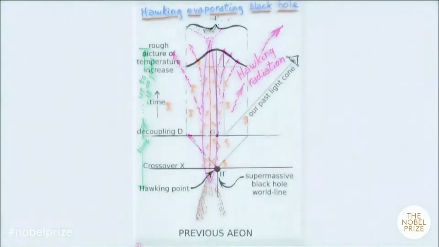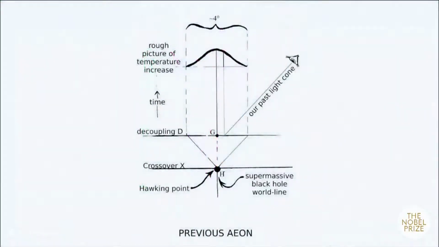So here I have a picture taken from a paper written by Christoph Meissner, Pavel Nurovsky, Daniel An, and myself in the Monthly Notices of the Royal Astronomical Society. And we see the crossover is the lowest horizontal line in the picture, and the vertical line just meeting it is the world line of a supermassive black hole, which finally evaporates right at the crossover, almost into the next eon, really squashed up into that little point.